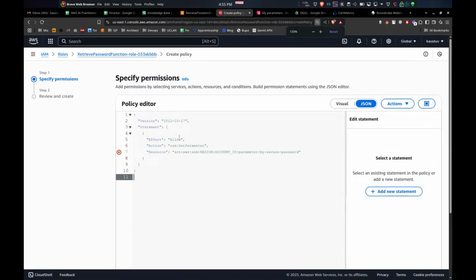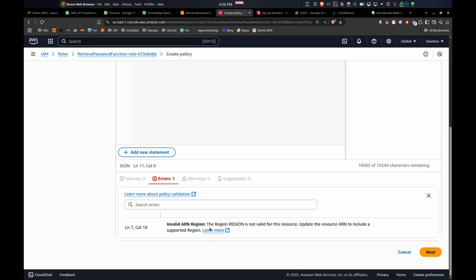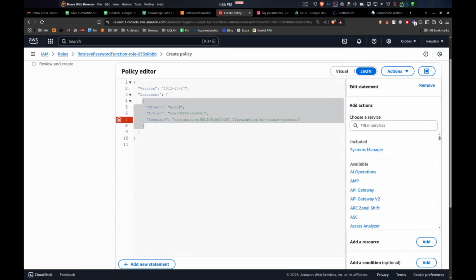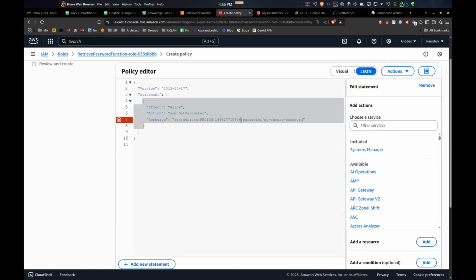What this is trying to do is it actually enables this particular role or Lambda function to get parameters. So that's the permission over here, and we are facing an error because it says it needs to have an account ID over here, but we haven't put any. So just copy the account ID and paste it over here. The region should be